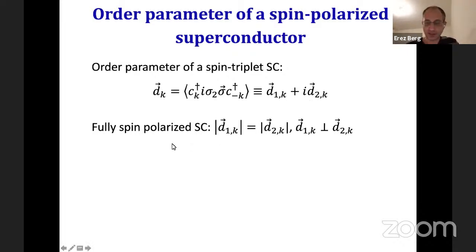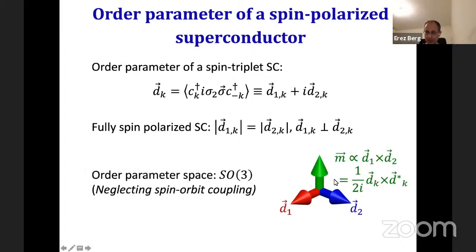I'm going to focus on a particular kind of triplet superconductor in this talk, which is the fully spin polarized superconductor. That's a natural state if you're in the vicinity of a ferromagnet. One spin direction condenses first. So at least close to TC, you would be in this fully spin polarized superconducting state where only spin up and spin up along a certain quantization direction are condensed. In terms of the D vector, this is the way to parameterize such an order parameter. The magnitudes of D1 and D2 are equal, and their directions are perpendicular. The direction of spin polarization of the Cooper pair is D1 cross D2.